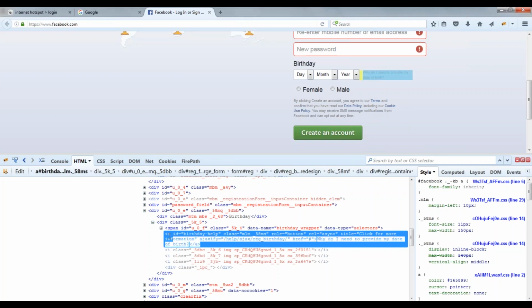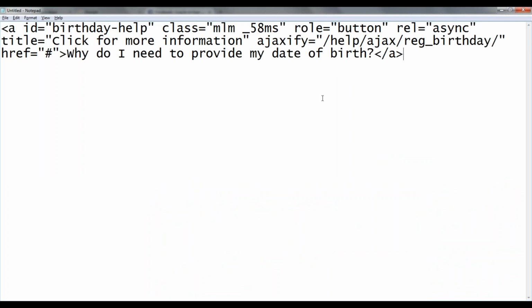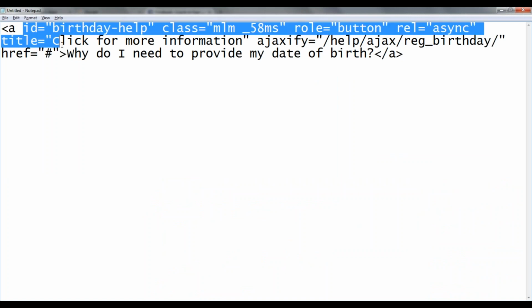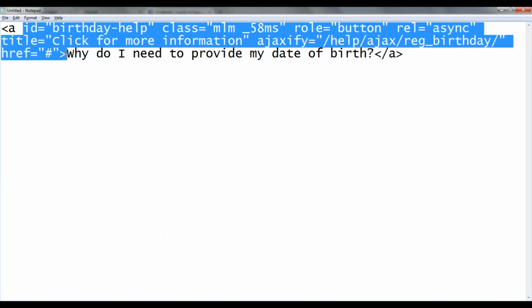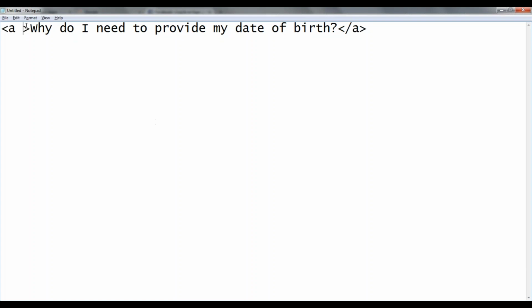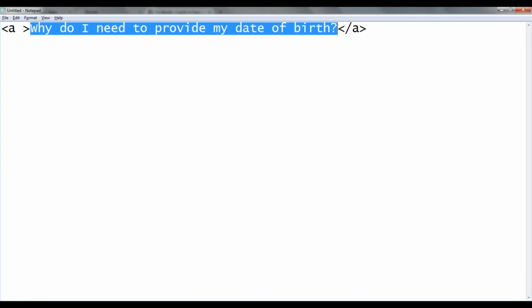If I copy this, you can see here it has an ID. This is an anchor tag. It has ID and all these things, and once this opening and closing tag closes, the text between them is the inner text of any web element.